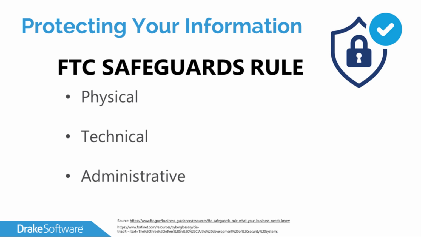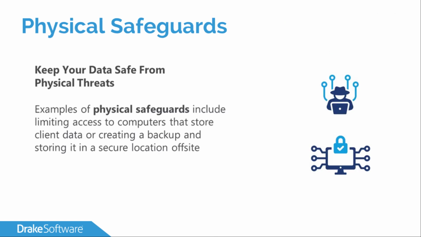What are the nature and types of work environments that we have to work with and controls that we want to put into place? The FTC basically has three big categories, and we'll dive a little bit deeper into the second one as we move forward here. So we'll be thinking about physical safeguards, technical safeguards, and administrative safeguards. What do we mean? For the most part, these are self-explanatory, but I find the physical one actually the most